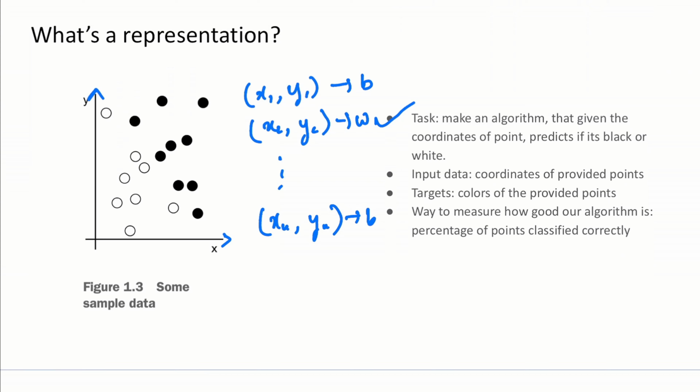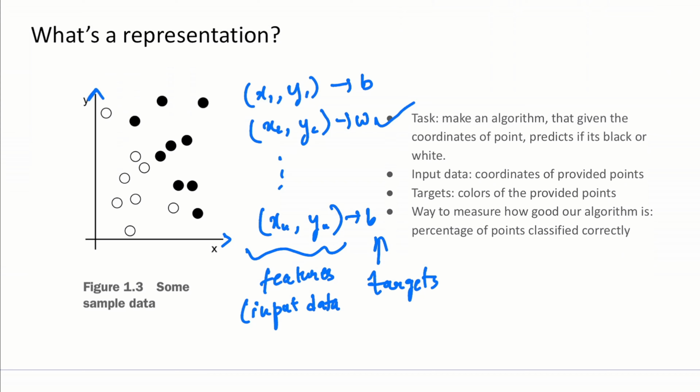So you have some points, x1, y1, x2, y2, and xn, yn, and each point has a color associated with it. In machine learning you can call the coordinates your features or input data, and the colors become your targets. So you got two of the ingredients to build a machine learning model: the features or input data, and the targets.